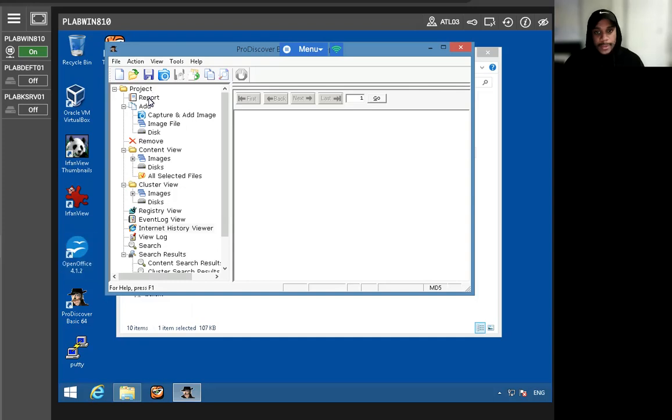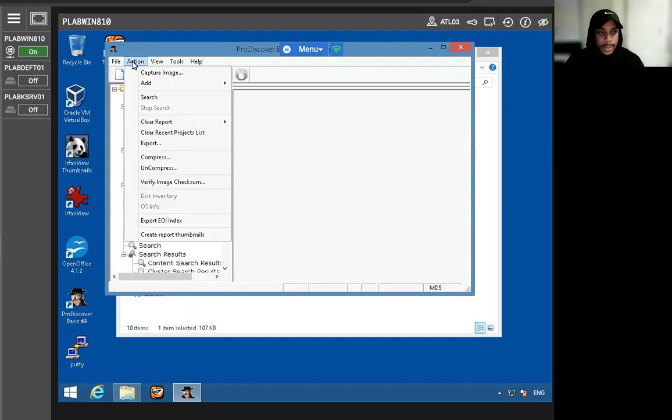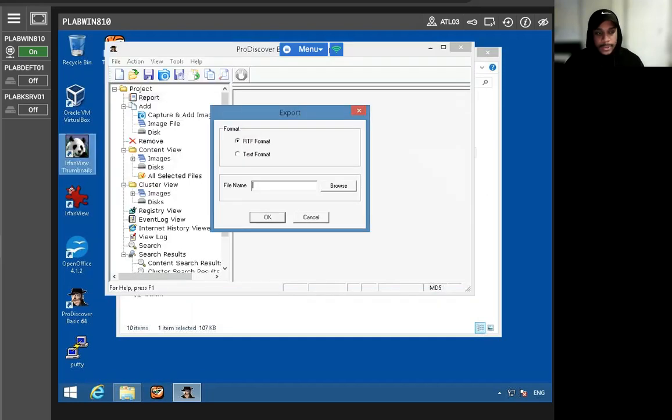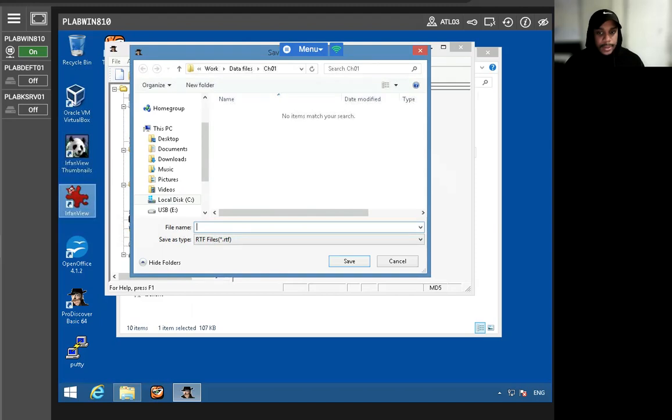And after that, we just click report. And then let's see, action, exports. And then we're just going to leave it at the RTF format, right? I mentioned that earlier. And browse, and then the name that I gave,